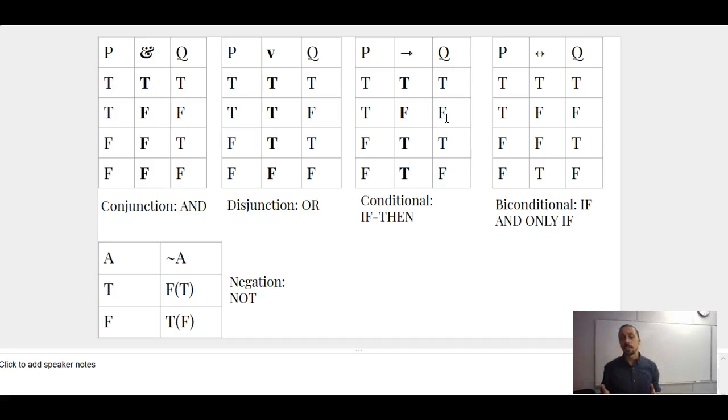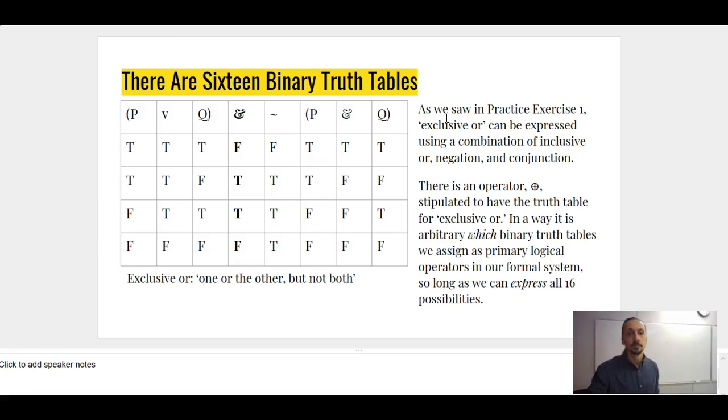It's going to have a special technical role for verifying various properties of sentences, sets of sentences, and arguments. We're going to get to that. And finally, the negation, which is the only unary operator as opposed to binary operator. It doesn't connect two things. Instead, it flips the truth value of whatever it is operating on. All right, so again, memorize these. Sit down with a piece of paper, do them over and over again until you have them down and memorized. Now,